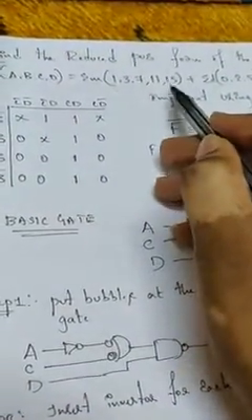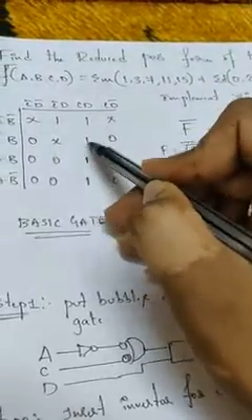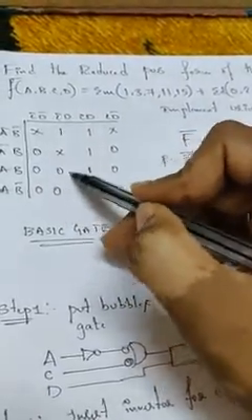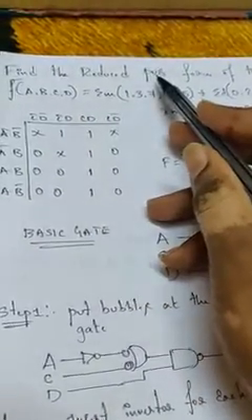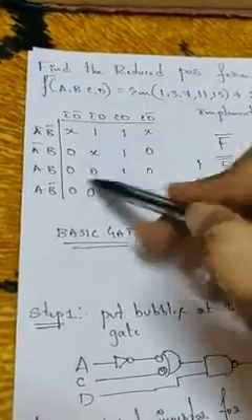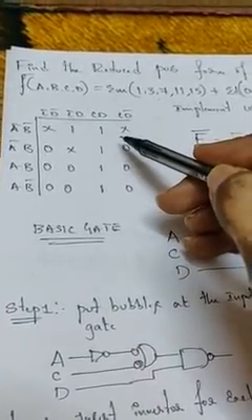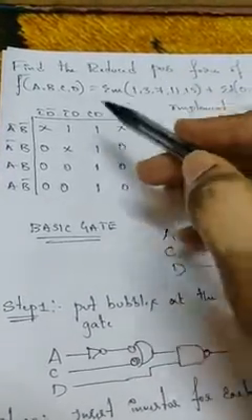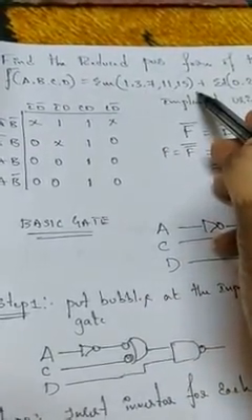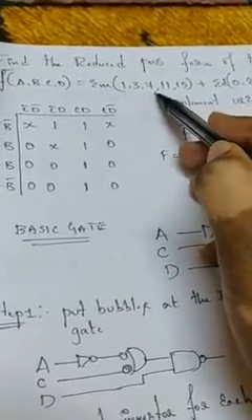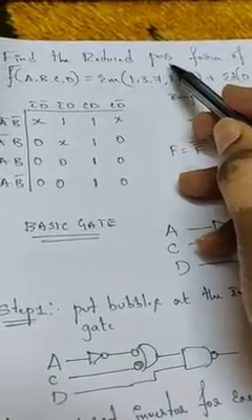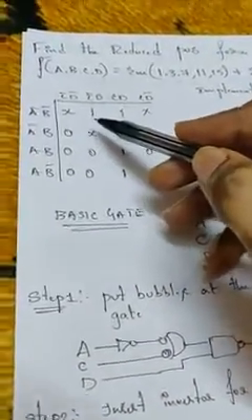So the given expression is SOP, just fill these minterms with ones like this and don't cares with X. Okay, the remaining portions with zeros. So what do you need to calculate? You need to find out the POS. So is it necessary to group ones or zeros now? Do you need SOP expression or POS expression? You need POS. So you need to group zeros, not ones. Even though the given expression is in SOP, even though they have given the minterms, and you have filled the minterms in the K-map, they have asked for POS. So POS means you need to group zeros.